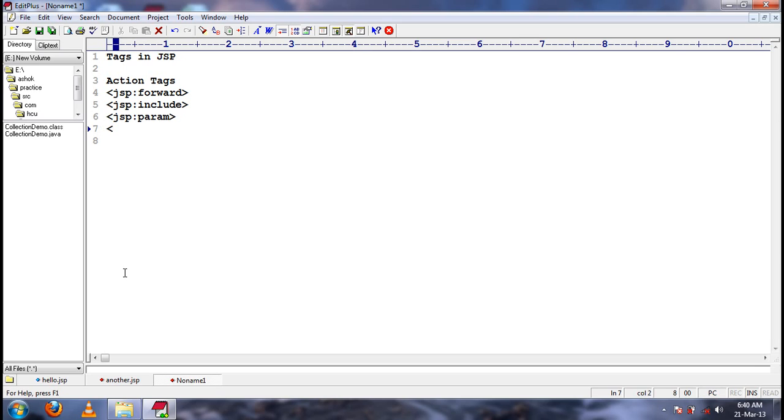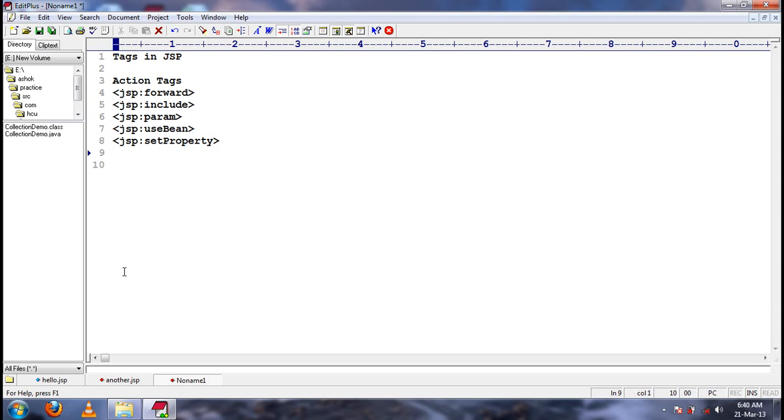The fourth tag is useBean. Then setProperty. Then getProperty.